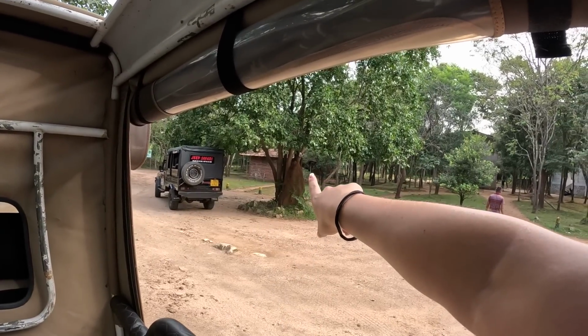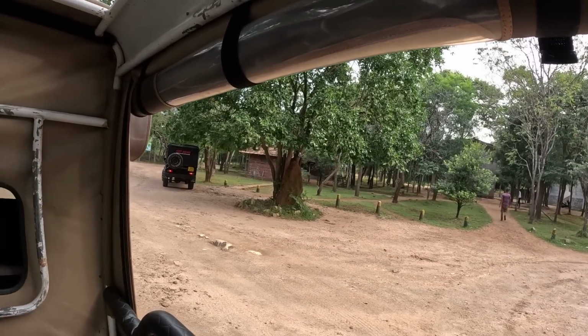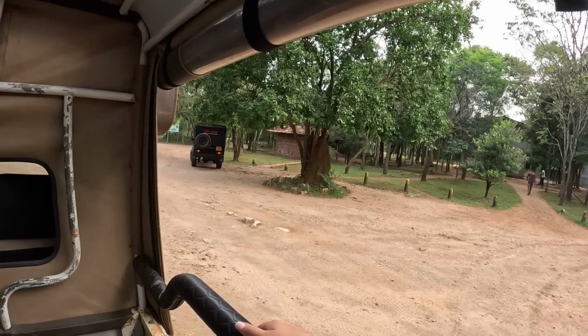Look at that huge mound. What do you reckon's in that? Termites? Is that a termite mound? Termites or ants, but I'd say...